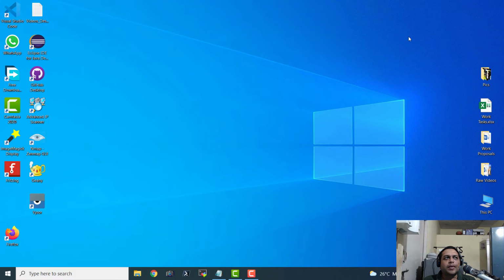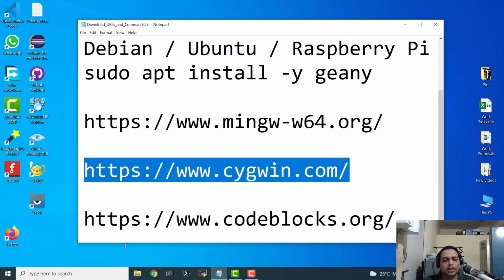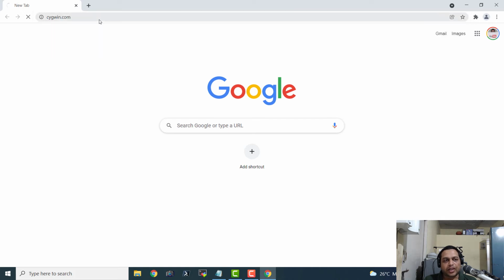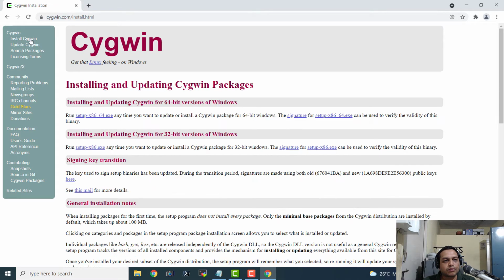Now Windows command prompt as well as PowerShell are okay tools, but if you are more familiar with Unix-like operating systems like Mac OS or FreeBSD or Debian distributions of Linux like Ubuntu, Debian, and Raspberry Pi OS, then you will not be very comfortable with PowerShell or command prompt. You can then go ahead and install a tool known as Cygwin. I'm going to copy this URL. This is the homepage of the Cygwin tool, and I will paste it here. Let us download that Cygwin tool. And here must be the installation instructions for Windows.